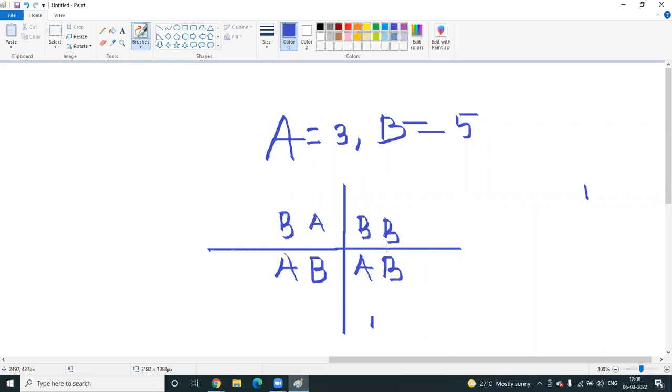So 5 is done, but it is not a common centroid. So what will we do here, our dummy